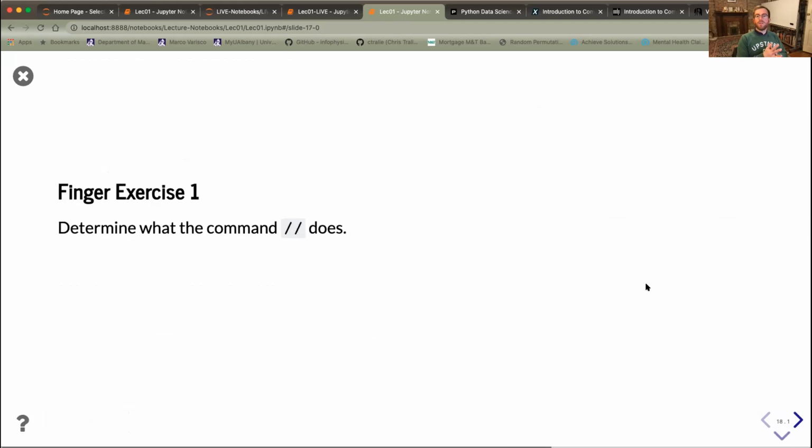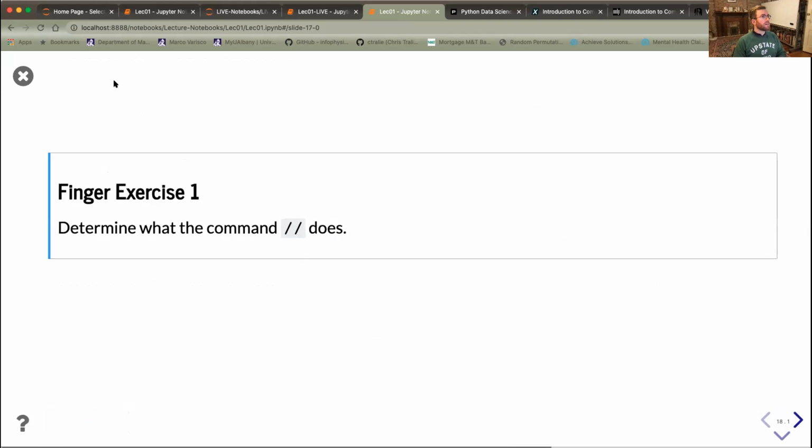All right, so I want to invite you to take a moment, pause the video, and try to figure out what this slash looks like. But here you should think of it as divide. So what does divide do? All right, so